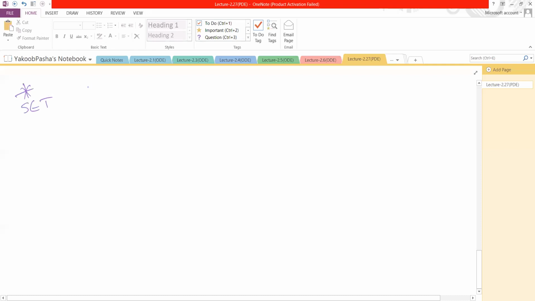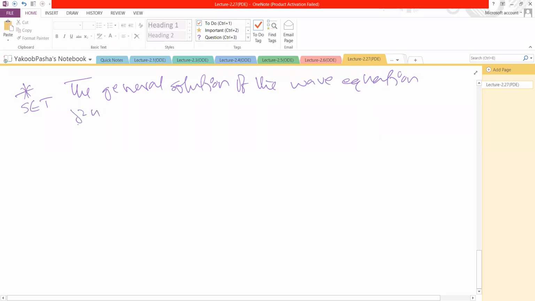Set the general solution of the wave equation, del square u by del x square is equal to 1 by c square, del square u by del t square involves